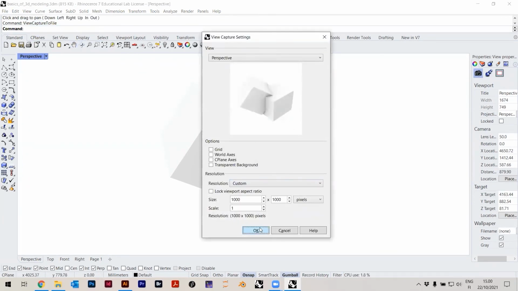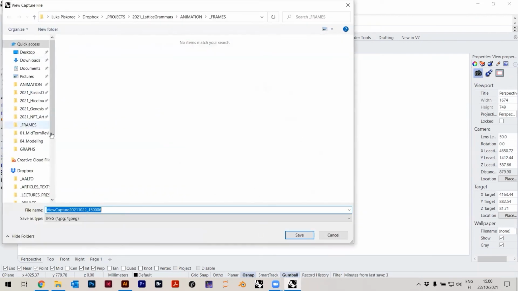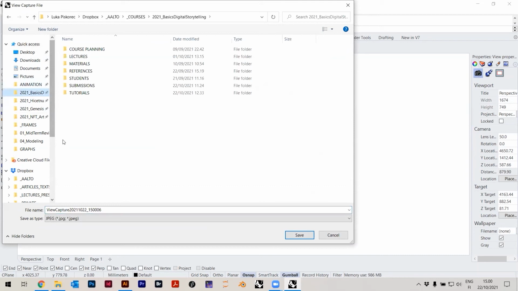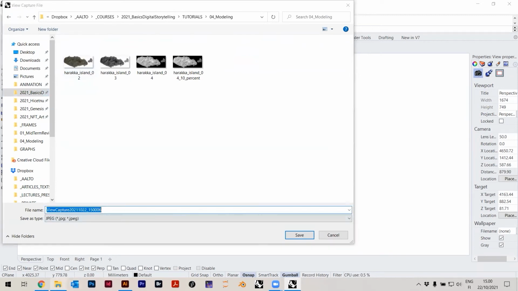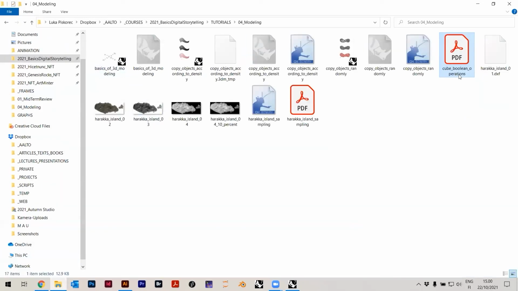Capture. Okay, so we are just going to save this as sort of a screenshot. We captured the file. This is not really rendered, but it's quite close. If you make small diagrams, usually this is perfectly enough. So tutorials, modeling, and here we'll call it again